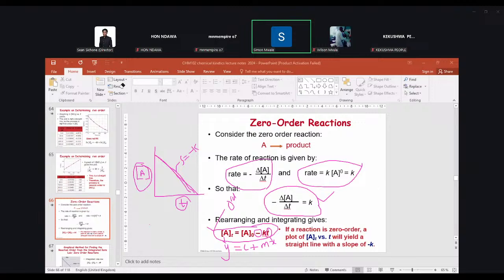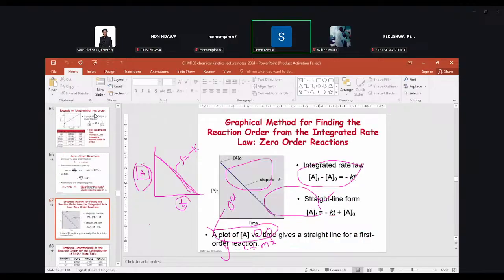Okay, so let me go to the conclusion on the integrated rate law. So this is for the zero order. I've already shown you this graph. It's on the left screen there. So for the zero order, concentration versus time will give you a straight line with a negative slope, where the slope of this line gives you the rate constant. You can calculate the rate constant also from the integrated rate law. Okay, so in summary now,